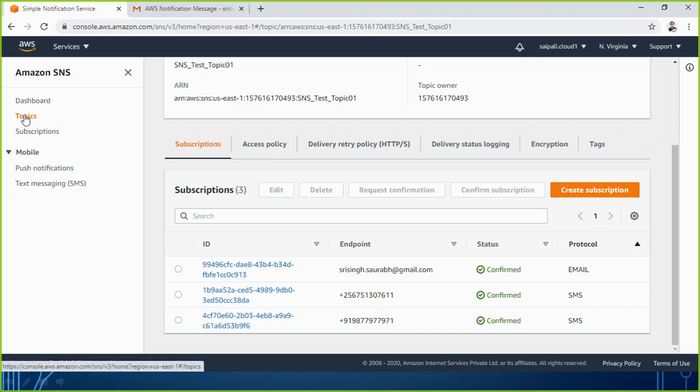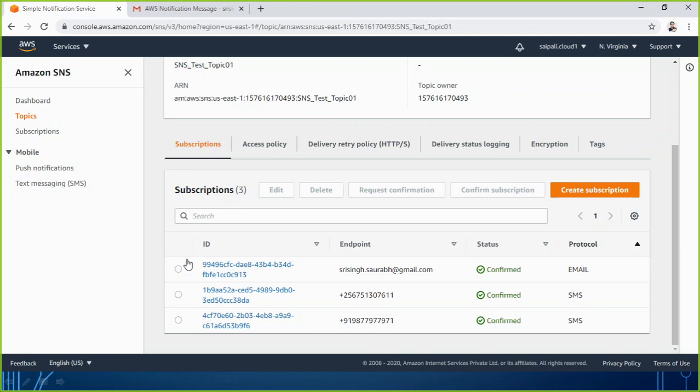Same way I can create another topic from another thing. Maybe this topic I have created for an instance. Another I can create on any other service, maybe on a database. A third topic maybe I can create on DynamoDB. A fourth topic maybe I can create on an S3 bucket. So wherever I want to create the notification, I can create, and that notification will be sending an email.